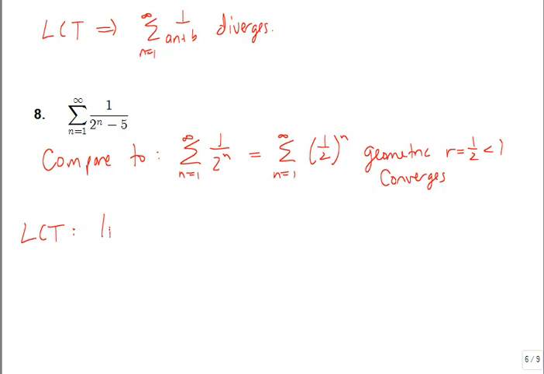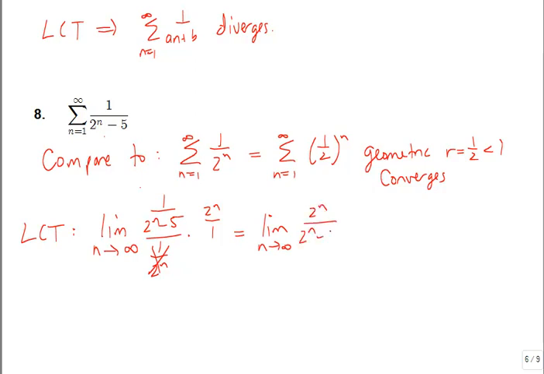So let's see what happens with our limit comparison test. We need the limit as n goes to infinity of your unknown function on the top over your known function on the bottom, and I'm just going to use 1 over 2 to the n. Multiplying by the reciprocal, this becomes the limit as n goes to infinity of 2 to the n over 2 to the n minus 5. Right now, initially, when I plug in infinity, this is going to be infinity on the top and infinity on the bottom. So if I use L'Hopital's rule,